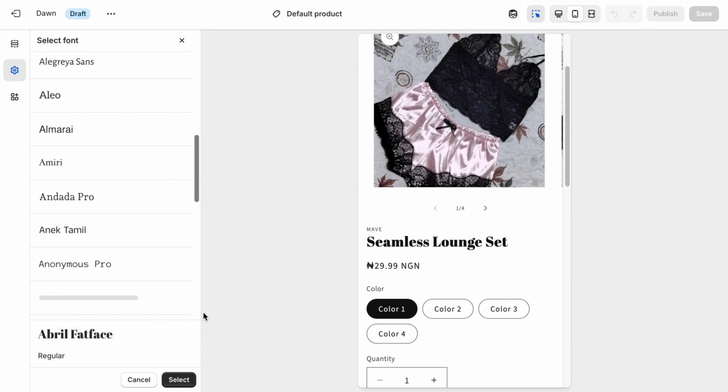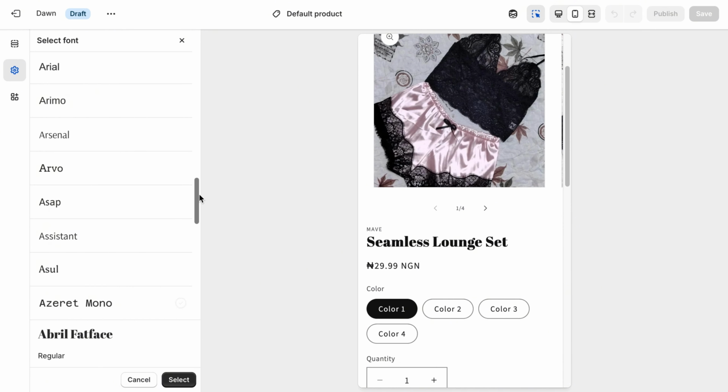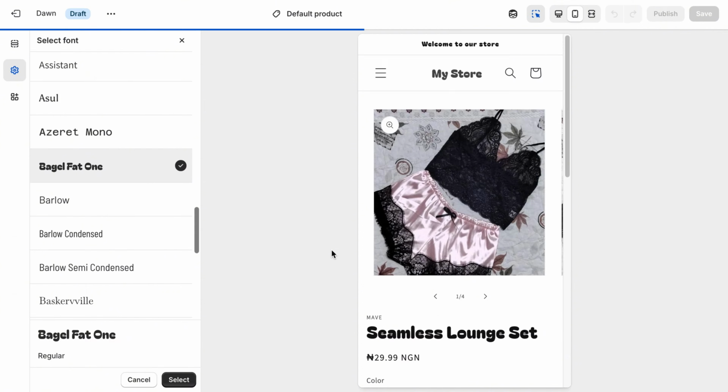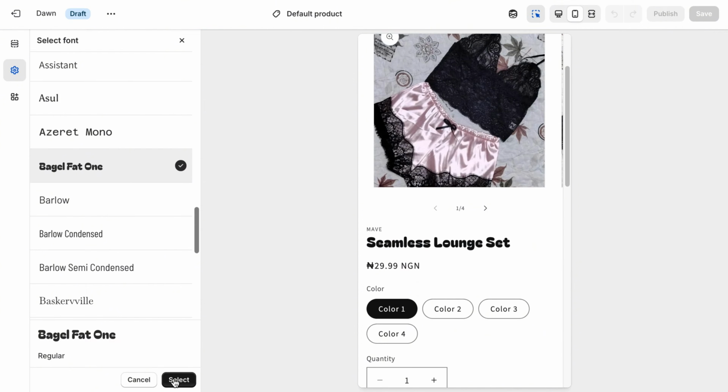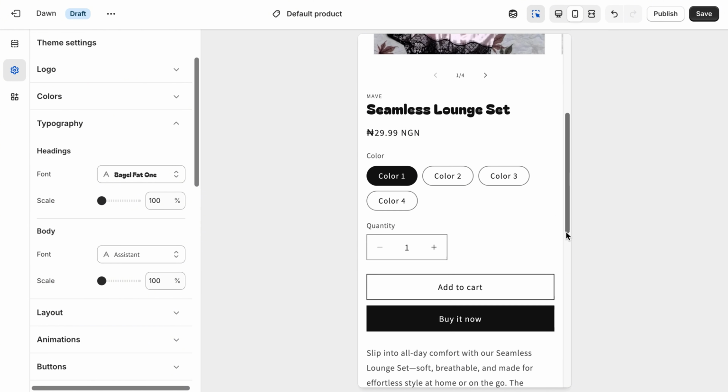Whatever you want to change it to, because some people do ask me that question, then Maverick, how can I go about this? This is exactly how you can do it. You can change it to Bagger, the fat one, and it's going to do that. You can click on select, and it's going to select. And if it's the body, you can also do that by changing the font to that. So this is how you can go about